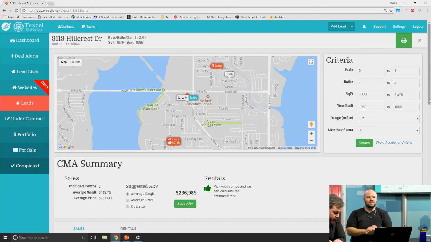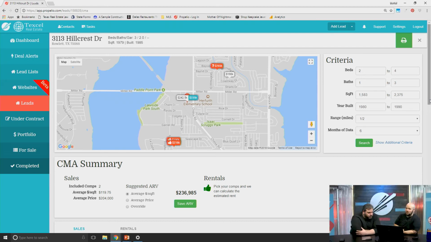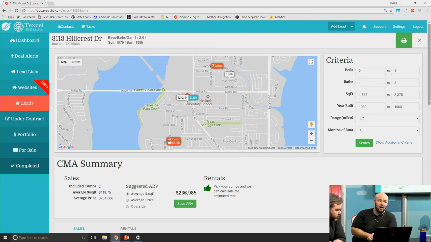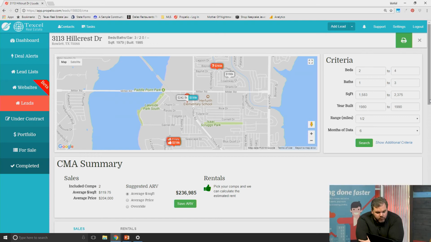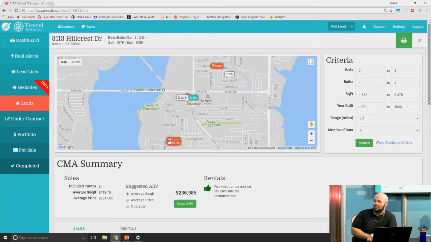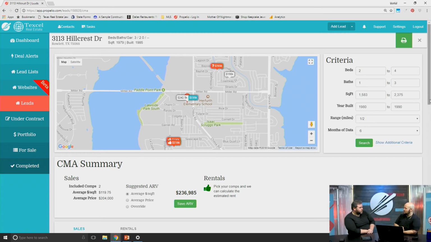When I say it's not an easy property to comp, what I mean is there is not a massive amount of data to support what's going on over here. So this would be a scenario where you're kind of ballparking a number. I would feel confident saying that that property is going to sell somewhere between $200,000 to $230,000. Unfortunately, what I cannot do for you is say I feel like it's going to sell anywhere between $229,000 to $231,000. My window is wide because my data to pull from is small. So that might be a bit of a risk for you there.